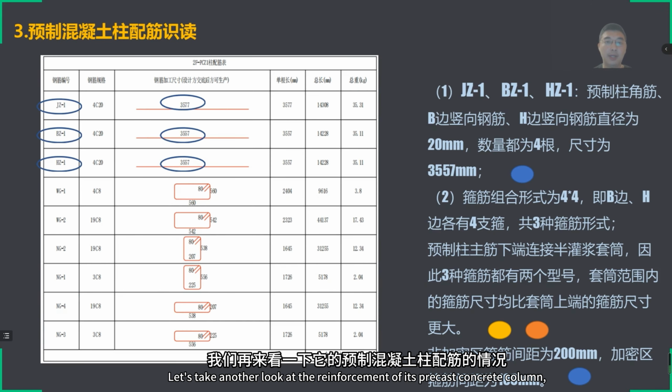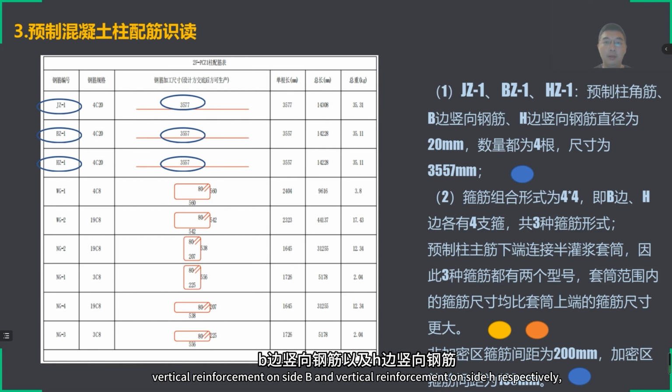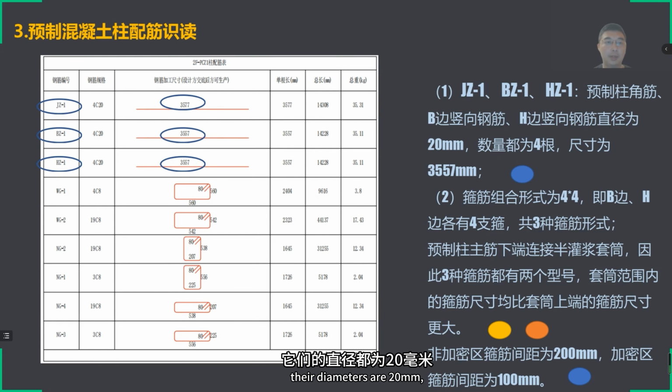Let's take another look at the reinforcement of its precast concrete column. BZ1 and HZ-1 in the reinforcement distribution table represent the prefabricated column reinforcement, vertical reinforcement on side B and vertical reinforcement on side H, respectively. Their diameters are 20 millimeters, and the quantity is also 4. The length is the same in terms of size, 3,557 millimeters. From the detailed drawing of stirrup,